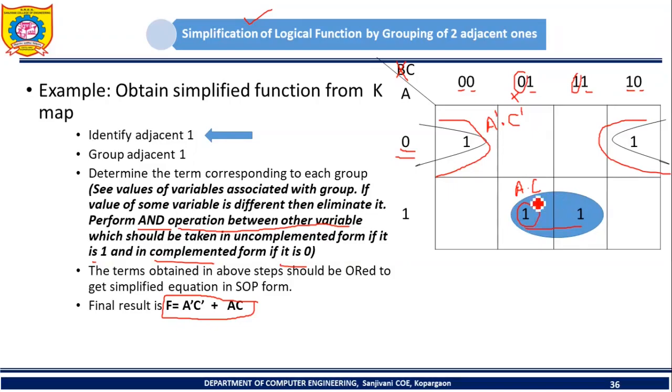So as we are making groups of 1, while writing the term for a particular group we should write a product term. And as we are writing product terms, we will get the final expression in which form? Sum of product. We are getting product terms here, so in order to obtain the simplified function, you should take OR operation between these product terms, so that we will get the simplified function.